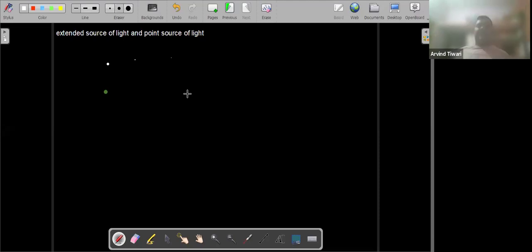However, the stars are big, but since they are very far off, they appear to be point sources of light. They work as point sources of light, whereas the planets are close and hence they appear as extended sources of light. So the first point is that planets are extended sources of light and stars are point sources of light. So see what happens now. When the light passes through the Earth's atmosphere,